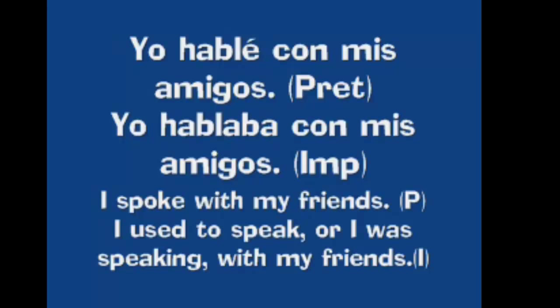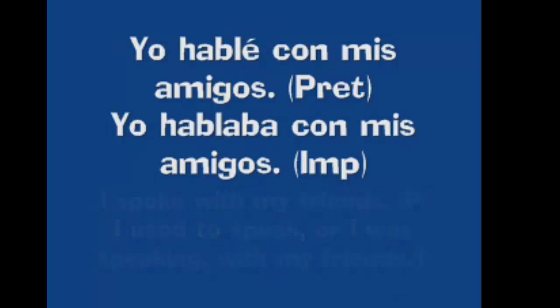But now with the imperfect, we want to say yo hablaba con mis amigos. We're still talking in the past, but instead of a BAM, something that happened at a defined moment, beginning and end, this is something that we used to do or went on over time. Oh, when I was young, yo hablaba con mis amigos todos los días. Okay, so hopefully this kind of clears it up. Okay, so that's it for AR verbs. Next one, we'll talk about ER and IR verbs.